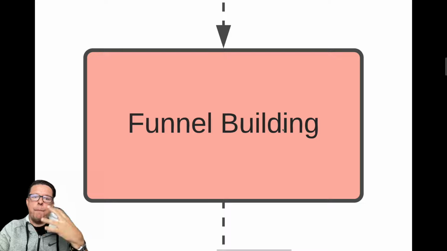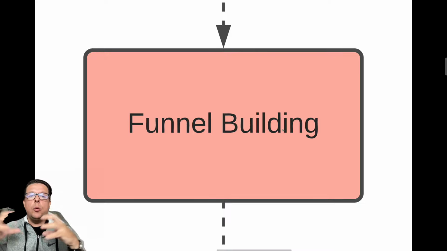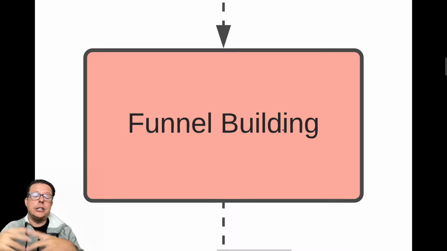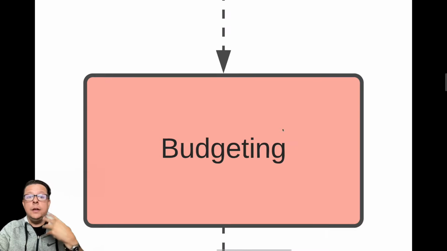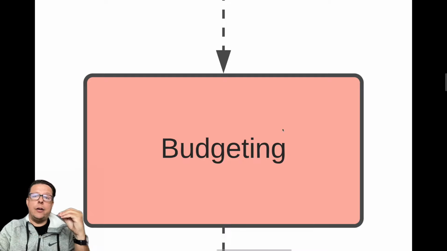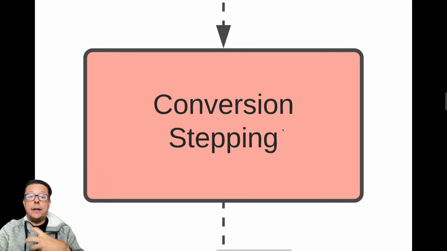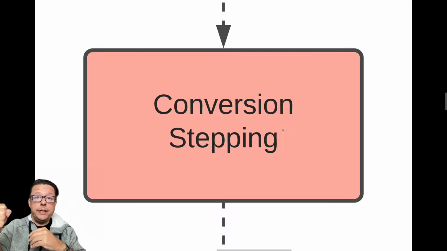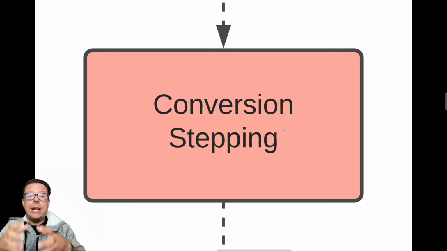You can create multiple funnel campaigns and lower your cost per acquisition by distributing content and actionable items across somebody's pathway as they go from learning about you to converting. Budgeting: how to structure budgets correctly and knowing when to expand them and when to tighten down on them based on market data. And then conversion stepping: how to take that core conversion, which is getting a lead or somebody to hire you, and then creating micro conversions to build models of likely people to take those actions.